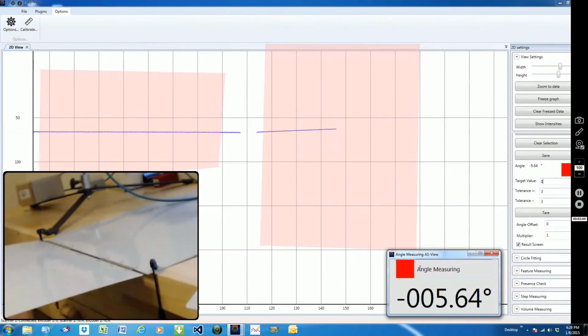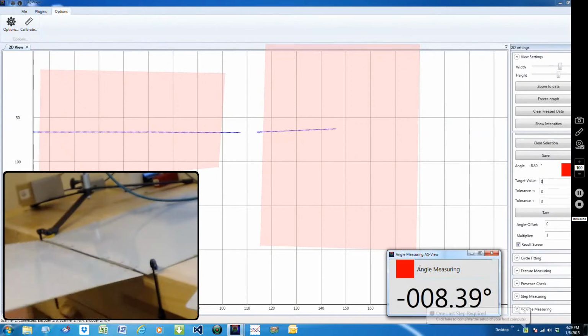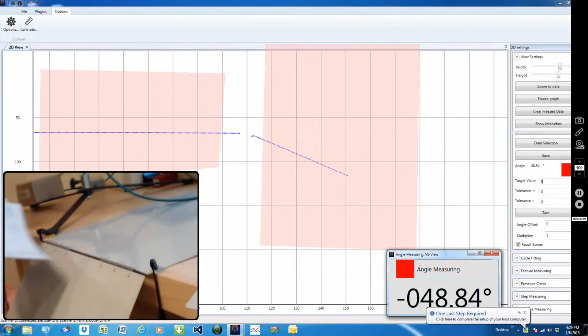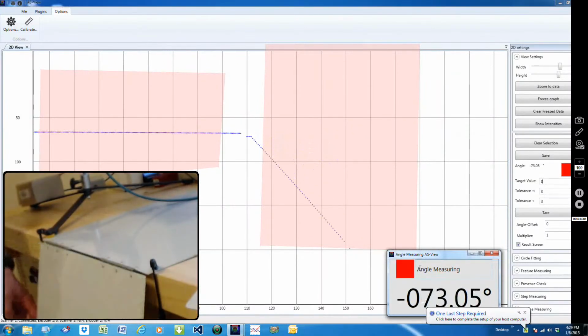And here you can see, just manually, I'm able to get it to well within 1 degree fairly quickly, fairly easily. As you can see, the sensor is very sensitive, able to make that measurement in 1/10 of degrees very, very repeatably over and over again. And we aren't getting any artifacts. We're actually getting a gap between the two parts. So if we wanted to, we could create a feature measurement to measure that gap between the two plates also. So just a very quick demonstration of the